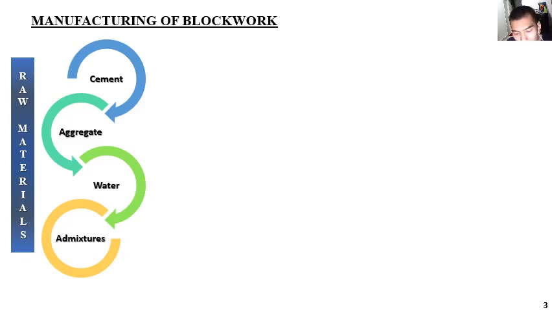As I mentioned earlier, we can use some admixtures, for example, coloring agents to produce a colorful blockwork. We can use air entraining materials in order to allow a greater compaction, and also to increase the workability and the strength of the blockwork itself, and also to produce a lightweight material. We also can add some water repellents, of course,